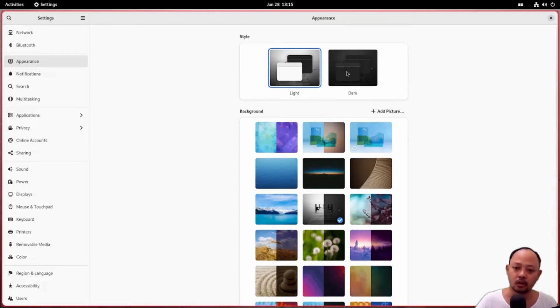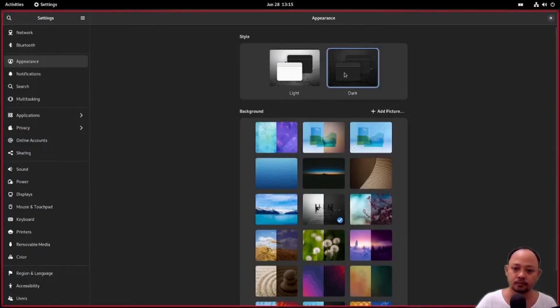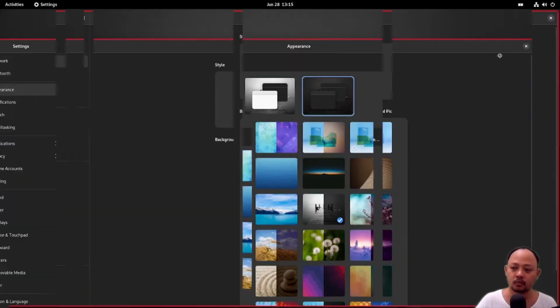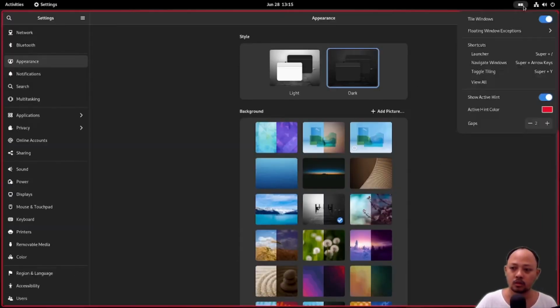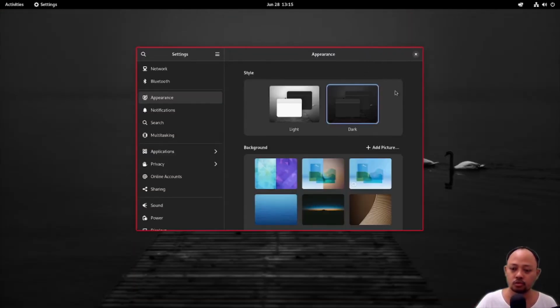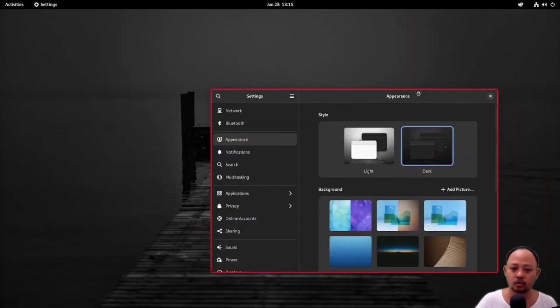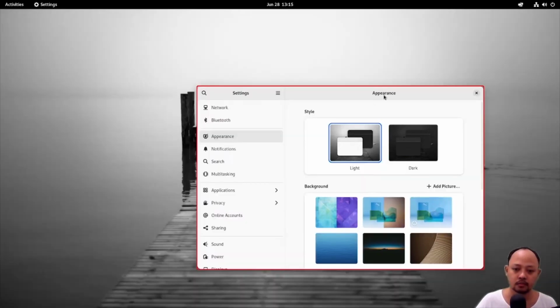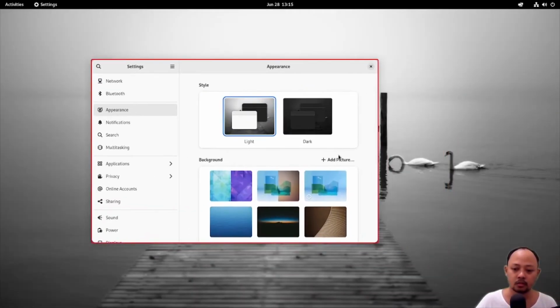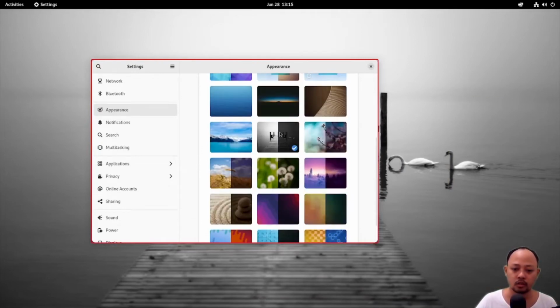Okay, let's try the dark style. So wait, I will disable the tile windows. Okay, if we choose the light style, as we can see here, there are two parts in this background, light and dark.